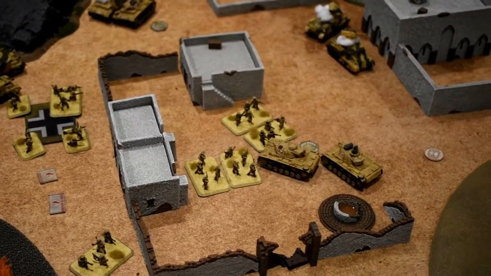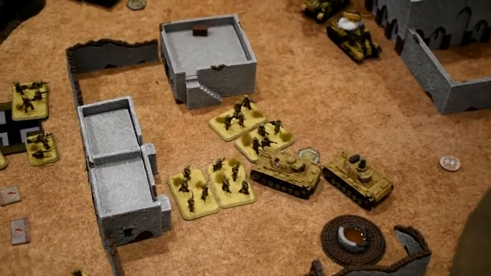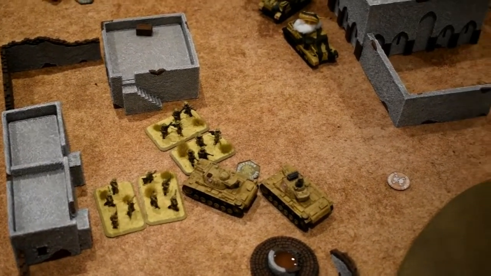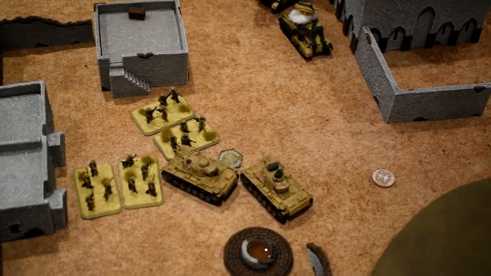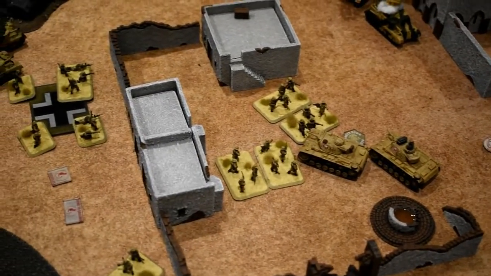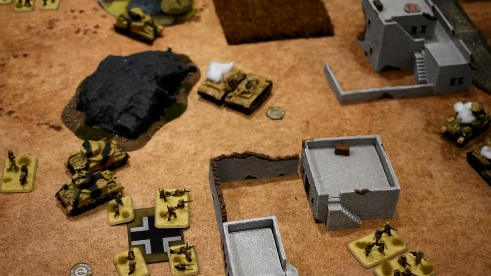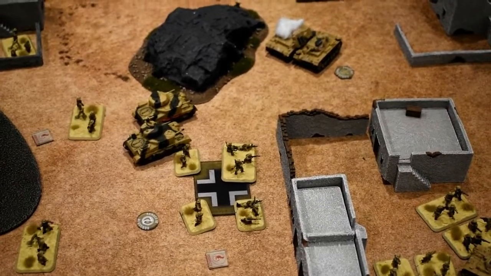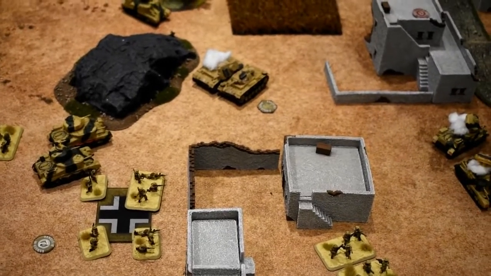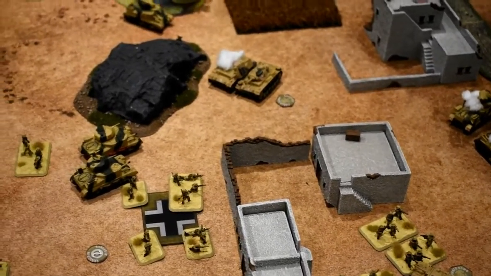So this assault was successful. I didn't kill any in my cover fire, and they bailed me out, and then I rolled a 1 for my counterattack, so he got the pull back. So at the end of the turn, I only have a bailed out tank that is contesting the objective, and that is not enough. So that is game to Jimmy and the British, and it is a major victory because